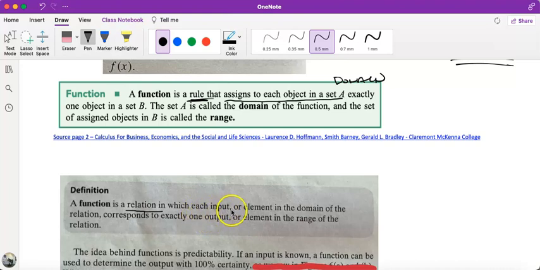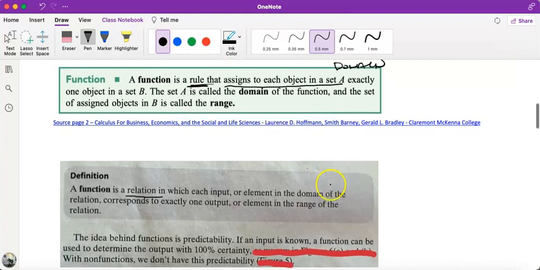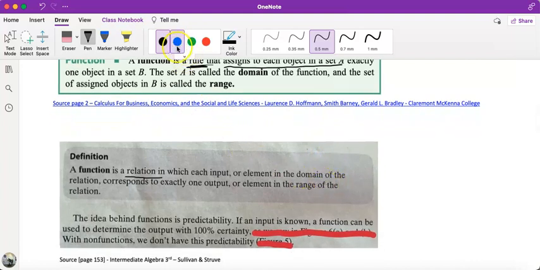So it's what each input from the domain corresponds to: exactly one output, or element in the range. And this is the important aspect of it. Why do we use functions? Functions are used